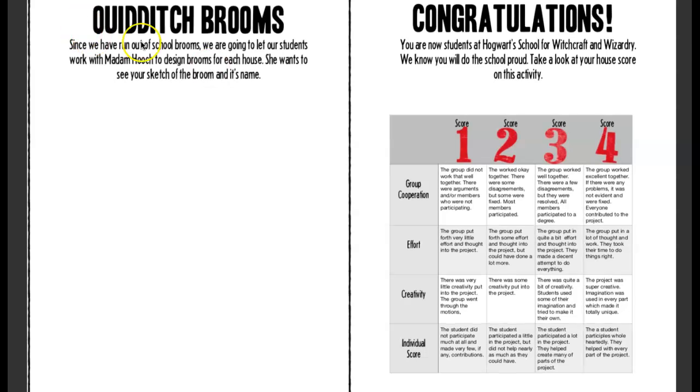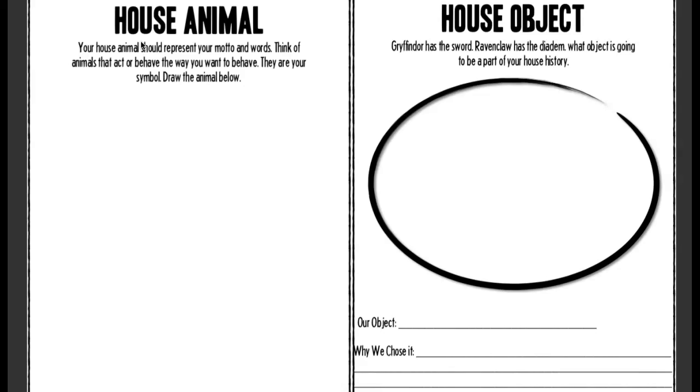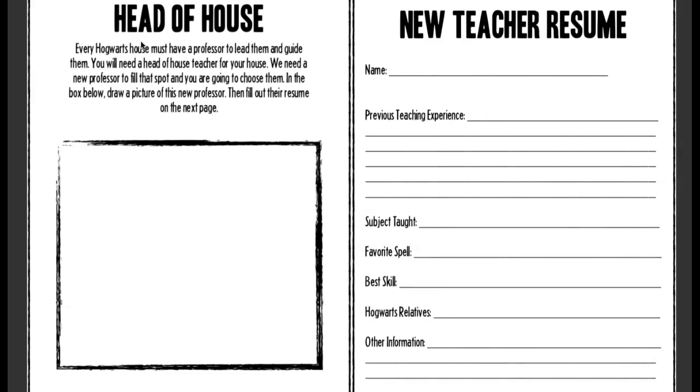The next one is a Quidditch broom. Since we have run out of school brooms, we are going to let students work with Madam Hooch to design brooms for each house. She wants to see your sketch of your broom and its name. So that's another drawing. So your drawings include the Quidditch broom, the common room, the house animal, the house object, the head of house,